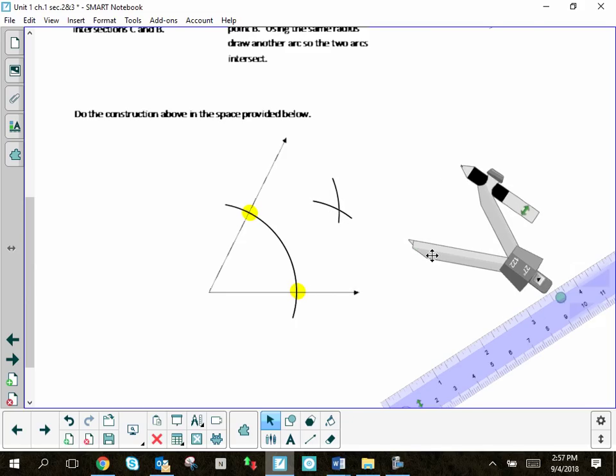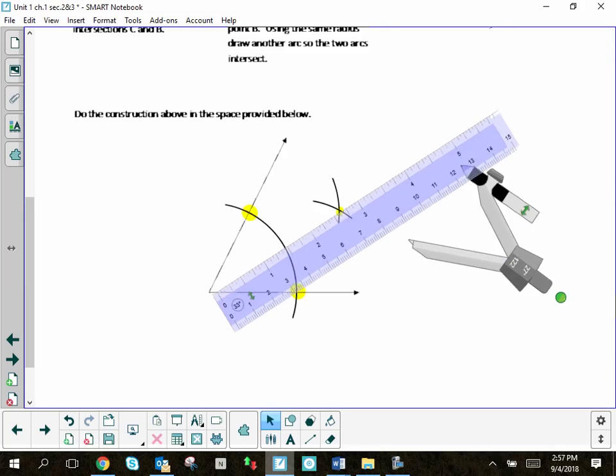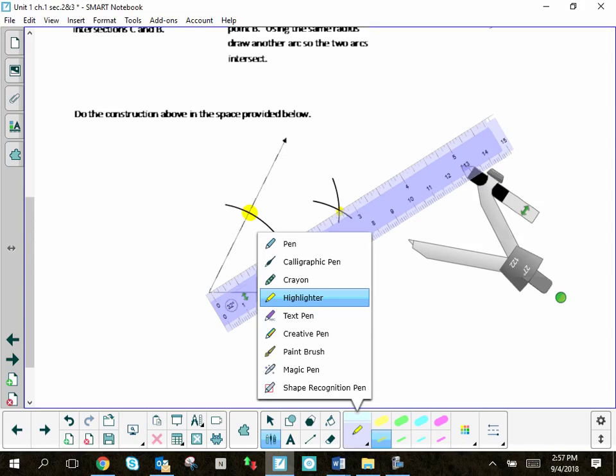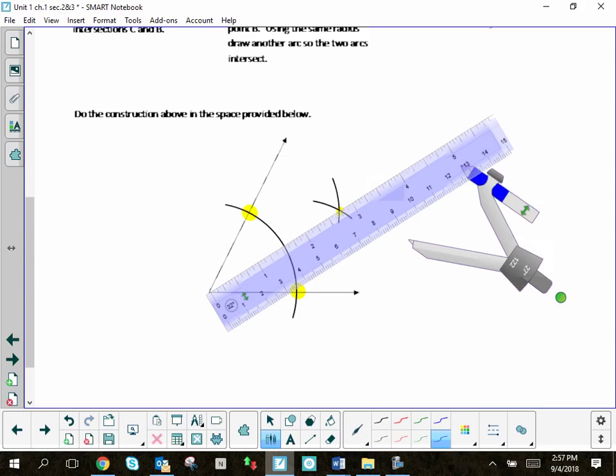So this intersection point is important. So what you want to do is you want to connect the vertex with that, and it should be perfectly right down the middle. Okay. So now let's just connect with another ray, make another ray there,